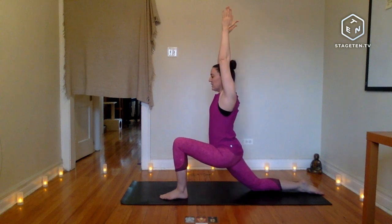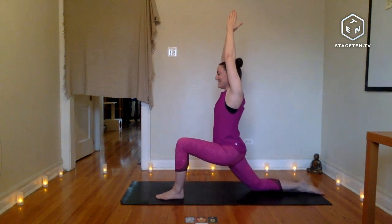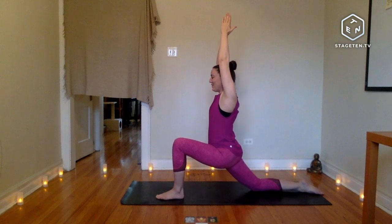What do you feel? What happens if you bring your hands together? Do you notice anything different? I do feel like I want to do this stretch for my quad on the right side. So the other side, I didn't feel that feeling of relief or that feeling like I wanted to stay or explore that stretch. So it's interesting to get into that position and then see which side feels like, oh, that's so good, and the other side kind of felt just stuck, or I felt that hip impingement. So you want to kind of feel around, see what feels good to you, and then we'll explore it through